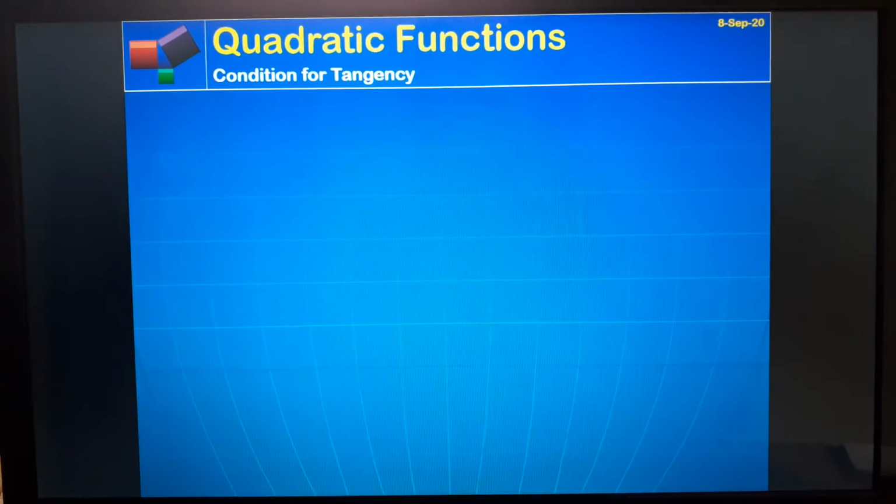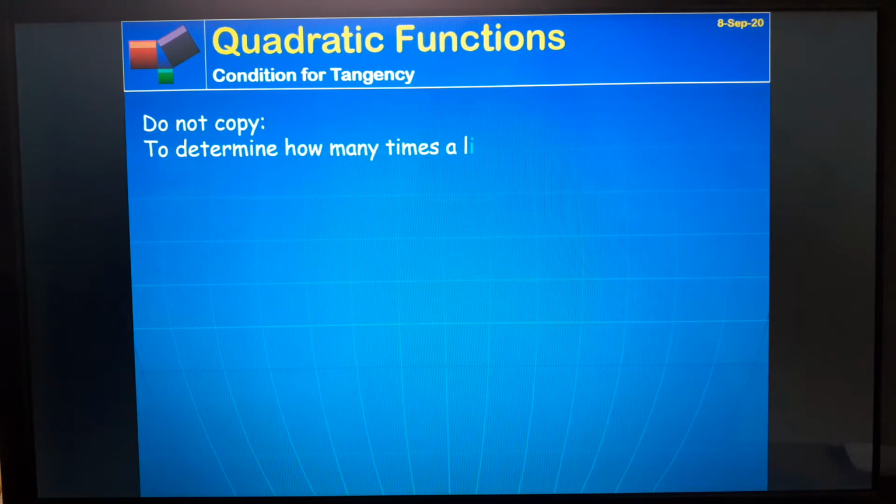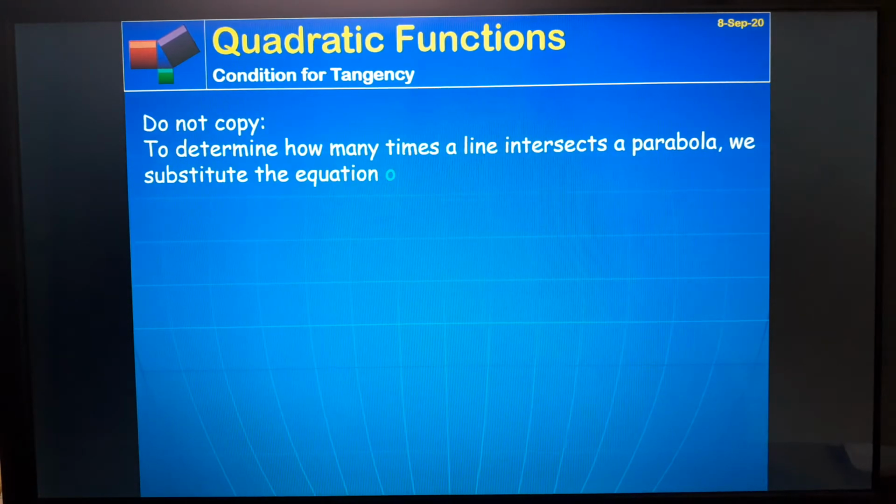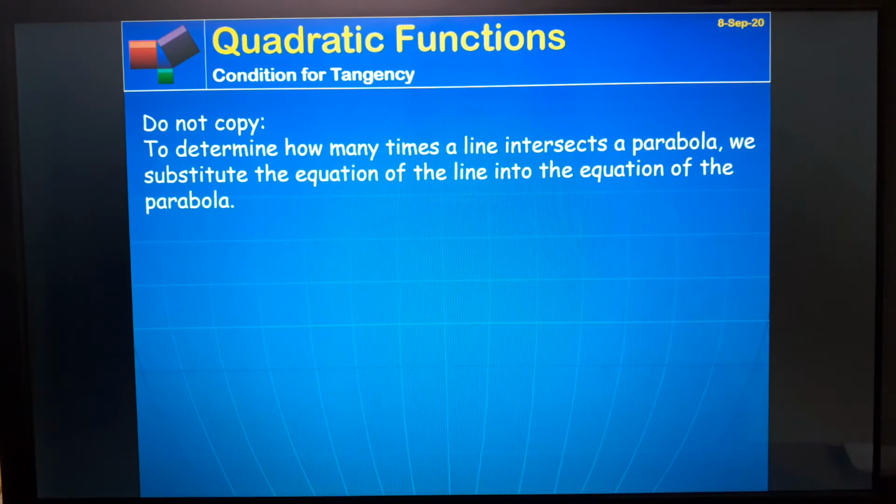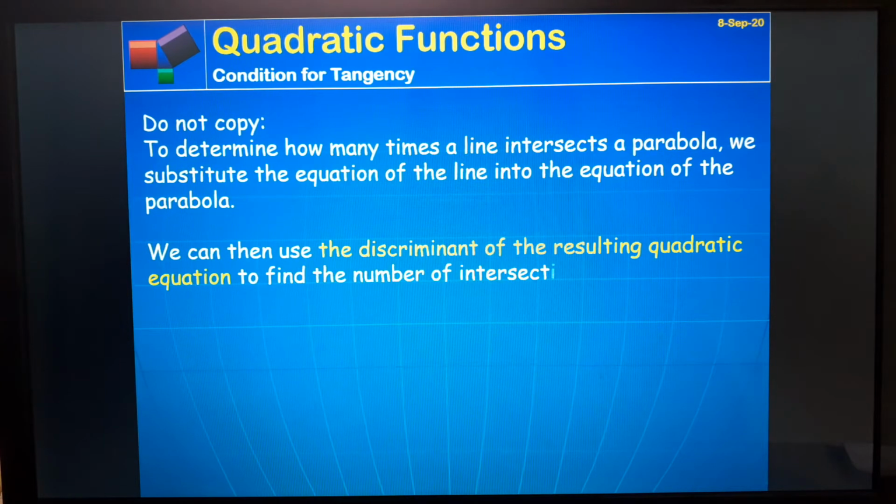Good morning, and today we'll be looking at condition for tangency. So to determine how many times a line intersects a parabola, we substitute the equation of the line into the equation of a parabola, and then what we do is we're creating a combined quadratic equation. We then use the discriminant of this combined quadratic, we called it here the resulting quadratic, to find the number